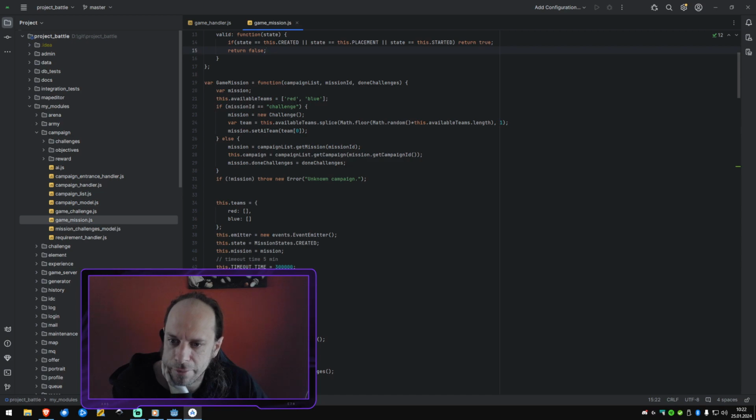What we then have is the game mission. In the mission, there are two teams available: the red team and the blue team. We as player are always in the red team, and our enemy is always the blue team. We then check if the mission ID is challenge mode, and we have challenge mode because we are in the challenge maps. And what we are doing then is we're creating a new challenge, and then we're having the AI team. This available teams, splice,